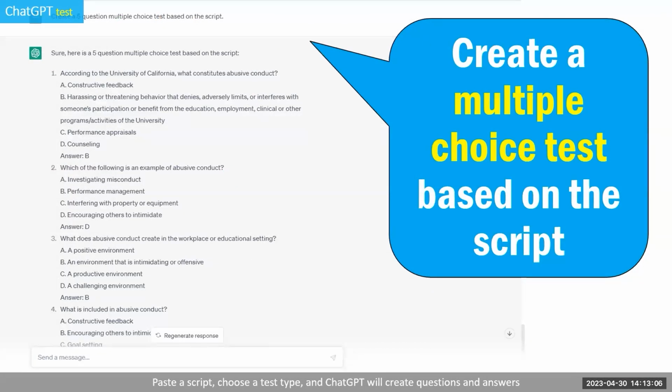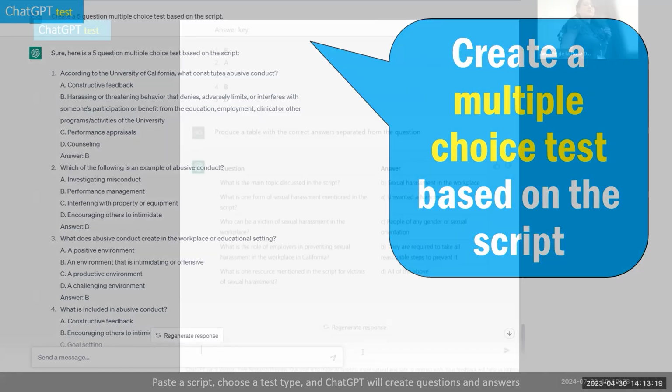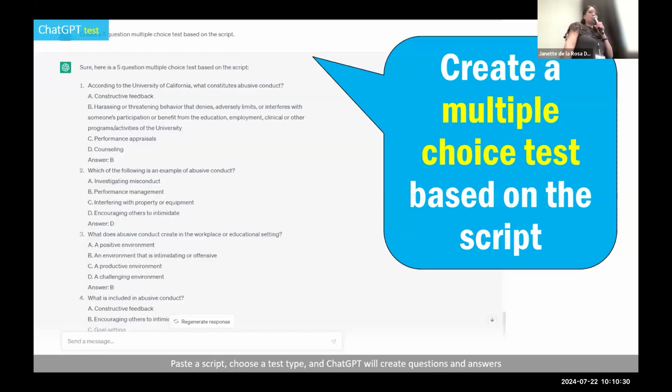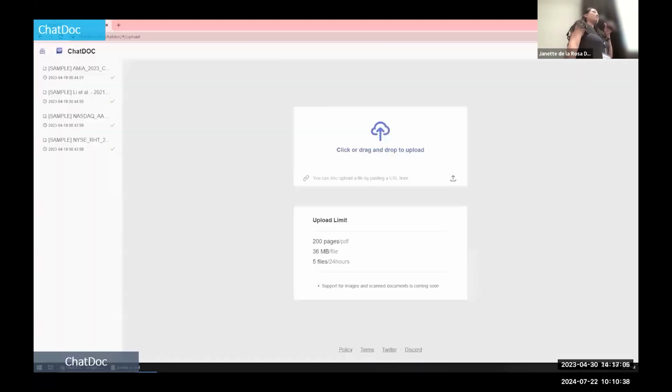But the point is that you can paste a script, or it'll remember the one you just pasted, and you can tell it to create a test. So as long as you choose a test type, like in this case, multiple choice, ChatGPT will create questions and answers for you. So you can create a multiple choice test based on the script just by pasting that script, choosing a test type, and it will go ahead and give you the answers and pop it into a table